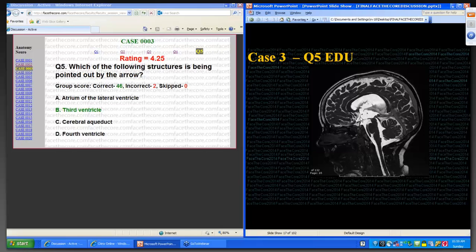heavily T2 weighted sequence. This is a Fiesta sequence, and basically this shows you the third ventricle, and I wanted to allude to two important points on this case. First of all, note that the third ventricle has important recesses, and this here is the optic chiasm. So therefore, this is the chiasmatic recess right here. This is the pituitary infundibulum. You can see the pituitary gland here. So this is the infundibular recess right here. And it's very important to see whether these recesses get ballooned out, which these are a little bit in this case,